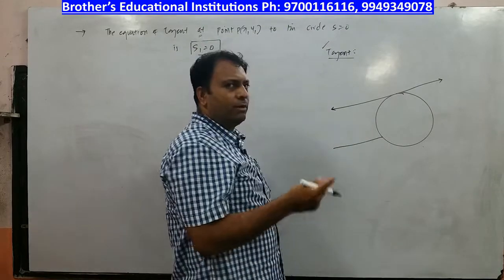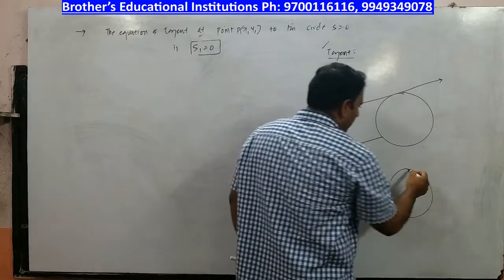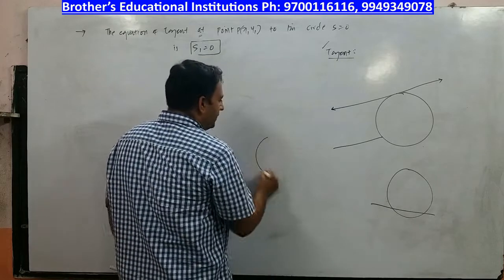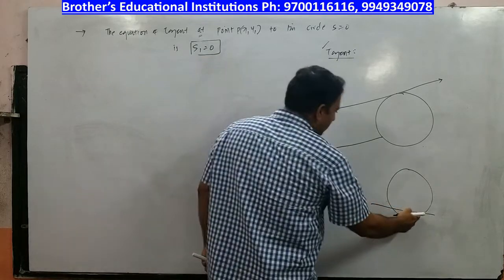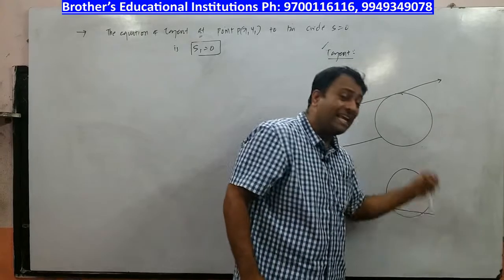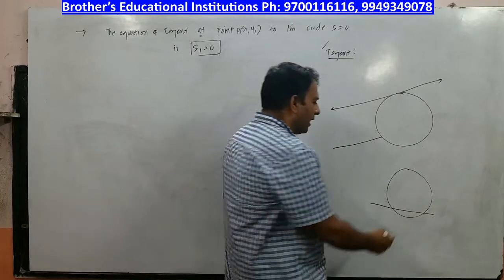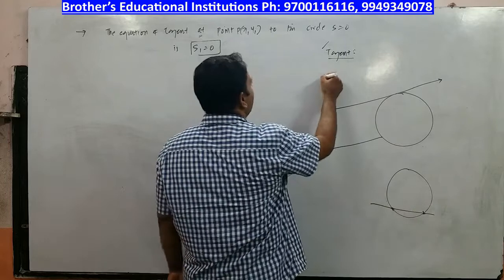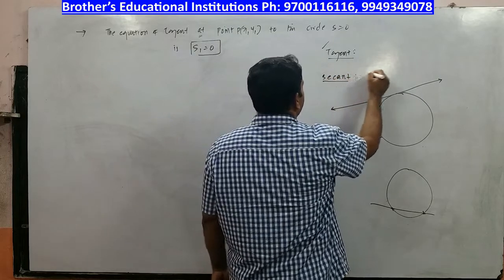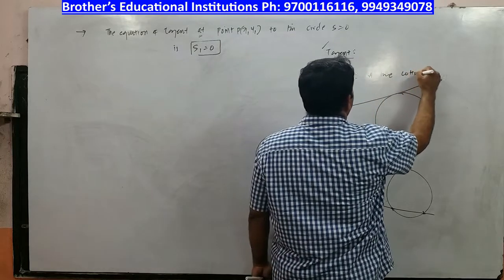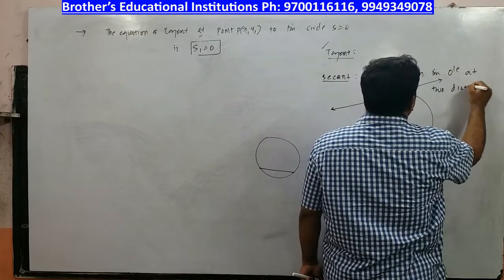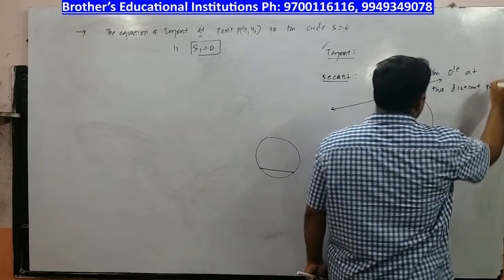There is another definition, but before that, let me tell you, if the circle has been cut by a line, please try to understand that there is a difference between this and this. Now this is called a chord joining 2 points, whereas this is a line cutting the circle in 2 distinct points, and a line cutting the circle in 2 distinct points is called a secant. So before I move to the definition of tangent, you must always know the definition of secant. A secant is a line cutting the circle at two distinct points, right? 2 distinct points.